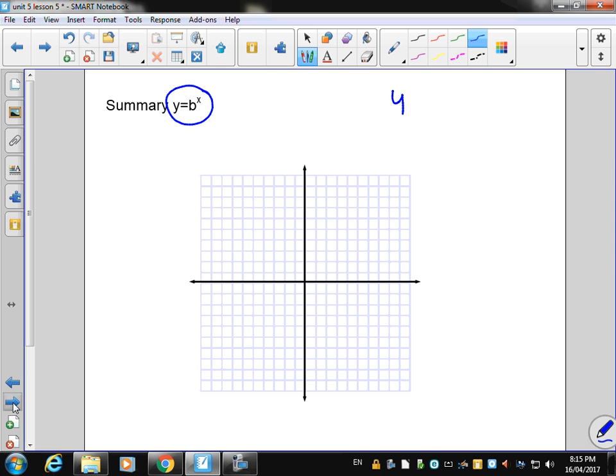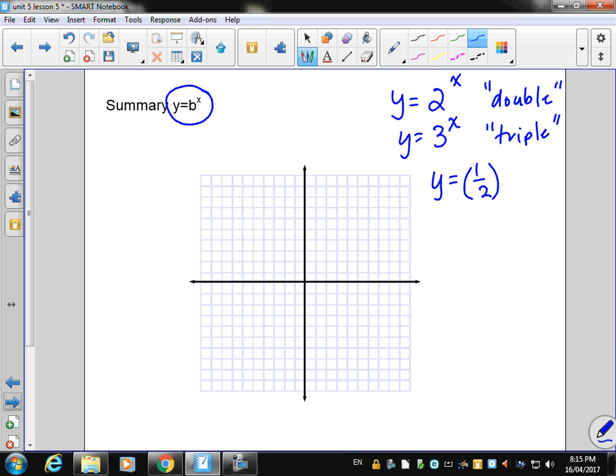For example, if you have the power y equals 2 to the x, that means as x gets bigger and bigger, then you are going to double. If you had y equals 3 to the x, each step you make in the x direction, the y values are going to triple. Conversely, if you have y equals a base of a fraction to the x, that means as you go to the right and x gets bigger and bigger, things are going to halve,